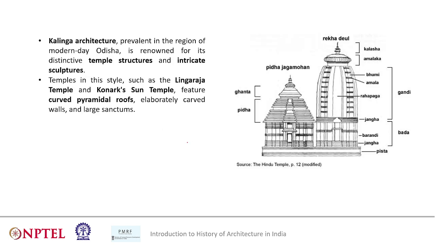The other style that I was talking about, under Latina temple architecture, is the Kalinga style of architecture. This is mostly prevalent in what we call today's Odisha. So in this place you'll find the Kalinga style of architecture. Here also you'll find that the Shikhara, the temple tower, is topped by the Amlaka and the Kalasha. And the main Shikhara, you can see, has this horizontality.